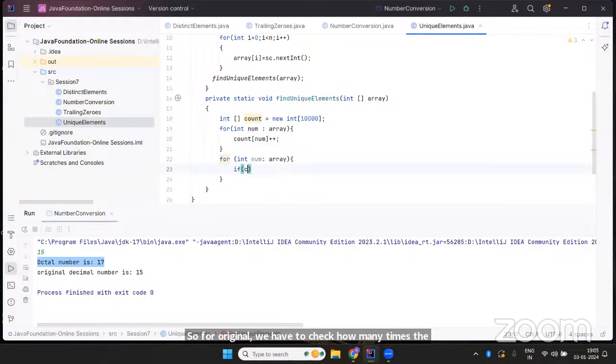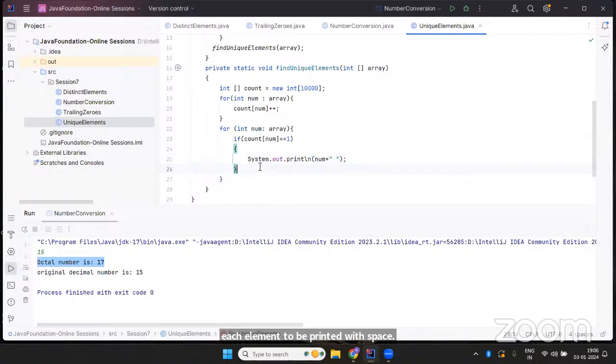So if count of number, whatever number we are checking, is equal to 1, correct? What I'm trying to do here is, for the array element, only if the count value is 1, then only we will print that value. I will print based on the index variable num, and I want each element to be printed with a space. So you can add a space. Only if the count is 1, we have to print it. If the count is not 1,